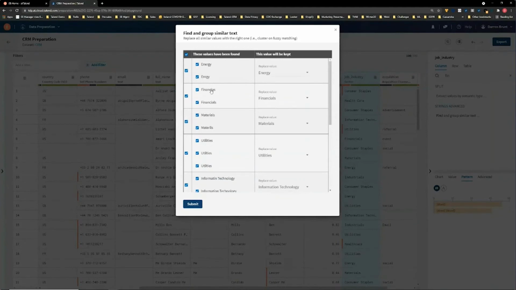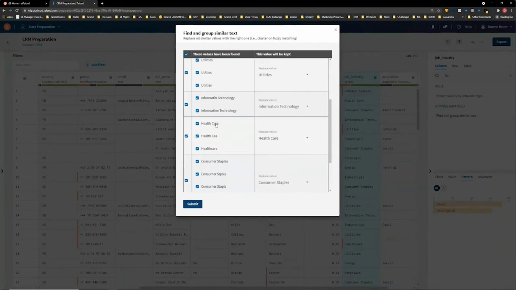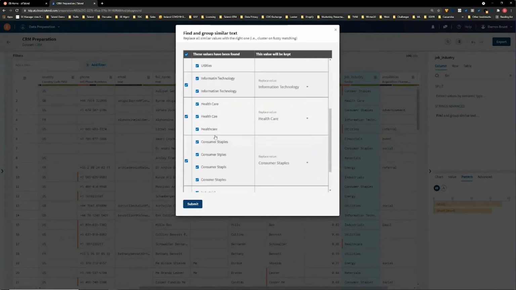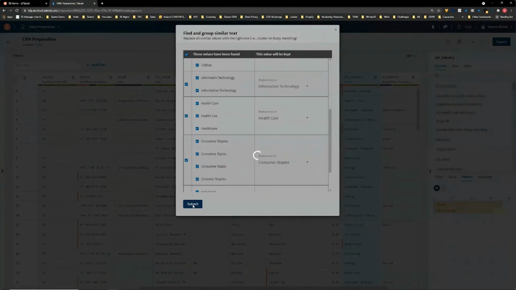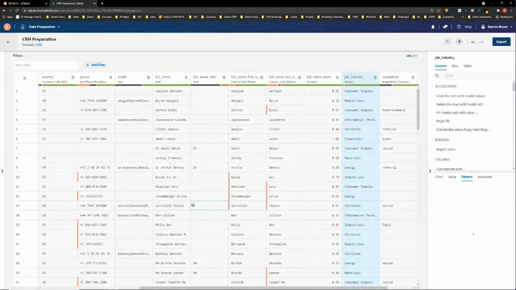We've got some misspelling of financials in here as well. Materials, utilities is a particularly poor one, and so on and so forth. So what we're doing here is basically grouping and matching related data according to a built-in fuzzy matching algorithm and aligning it with the semantic type which we think is the most appropriate outcome here. If I hit submit on this, then hopefully we'll get much better alignment with our job industry.